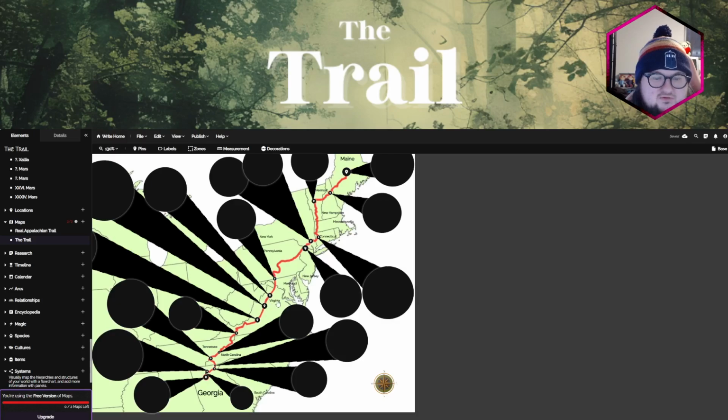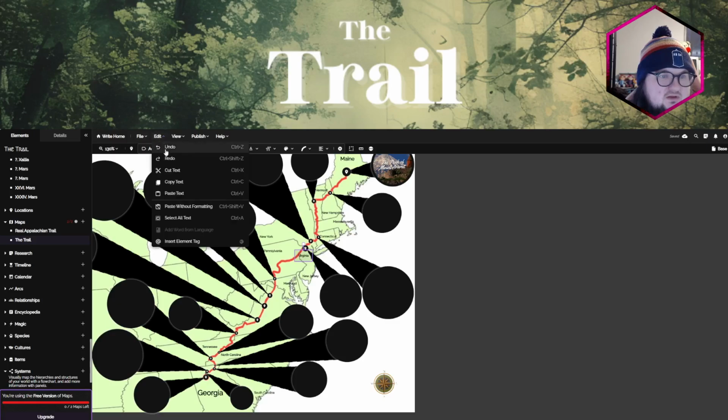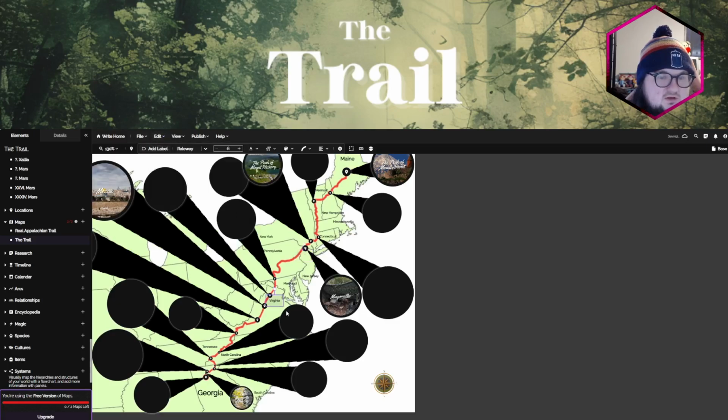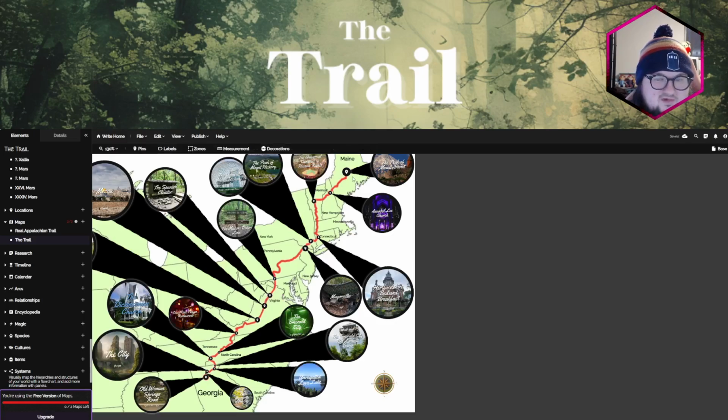But the actual fictional map, then, oops, did I just move Virginia? I must have because it's over New Jersey. Edit, do, my bad. It's taking a second to load in, but here is my map of the trail, my world in my book.